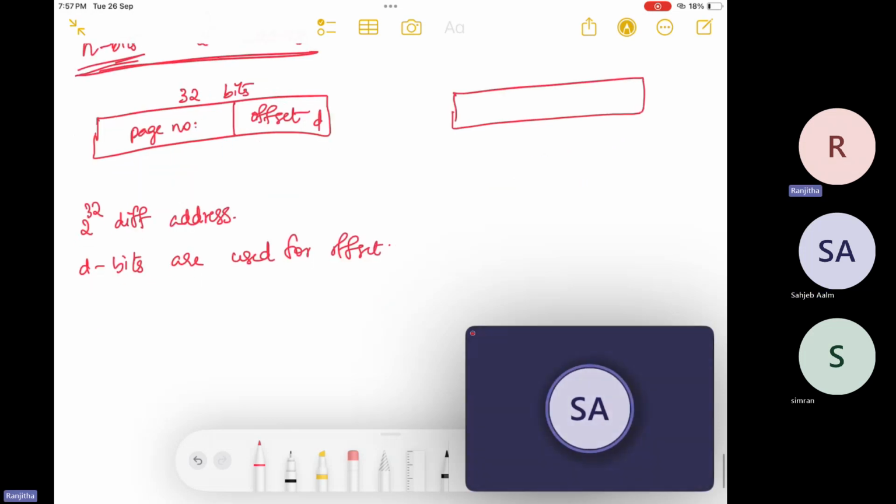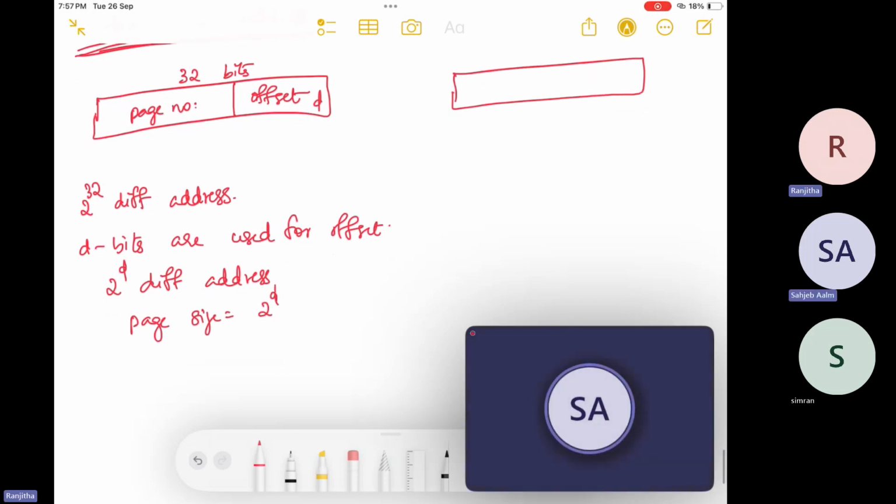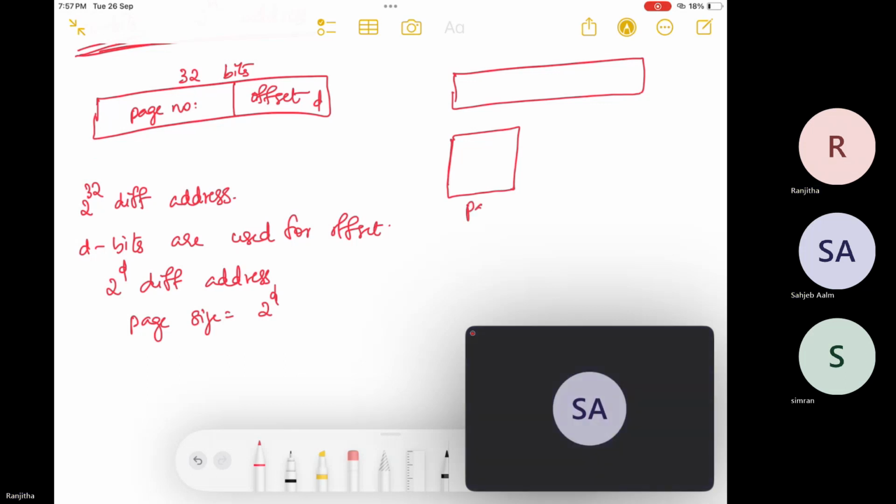तो इसका क्या मतलब हो गया? 2 power d डिफरेंट एड्रेसेस हैं, मतलब पेज साइज इक्वल टू 2 power d। ठीक है? एक पेज का क्या साइज है? फॉर एग्जाम्पल 1 KB बताया है, 1 KB मतलब 2 power 10 हो गया। इसको रिप्रेजेंट करने के लिए हमें 10 बिट चाहिए होते हैं। तो ये d हो गया 10, पेज साइज हो गया 2 power 10।